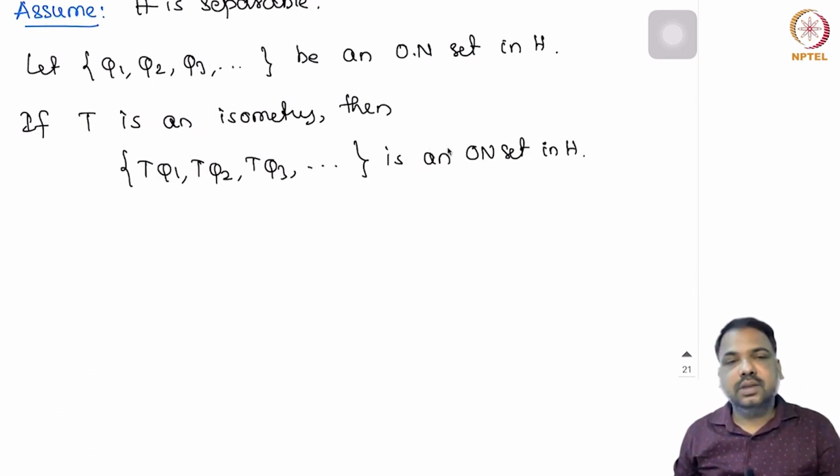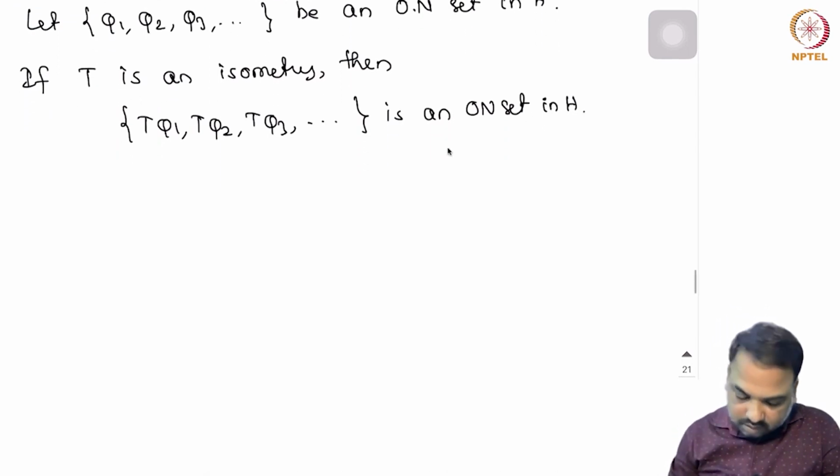Now the question is, if we have an orthonormal basis, can we say that the image of an orthonormal basis under an isometry is again an orthonormal basis? So in fact that is not true. So let us take,